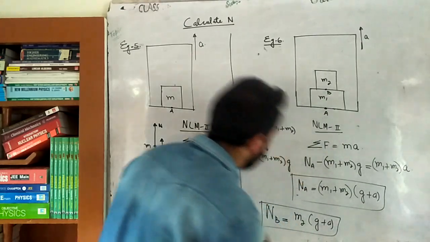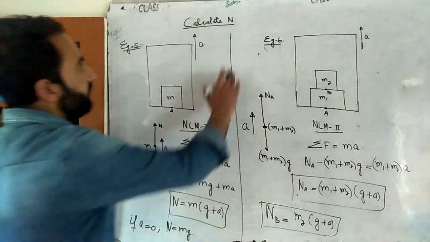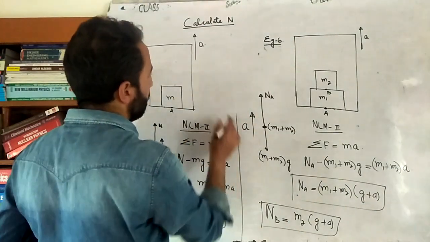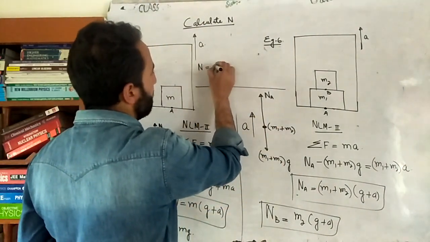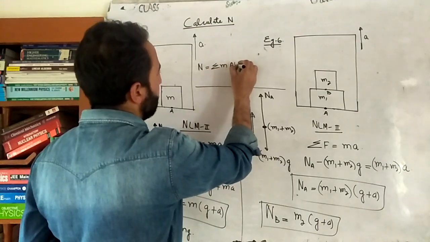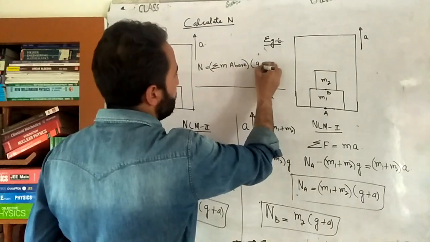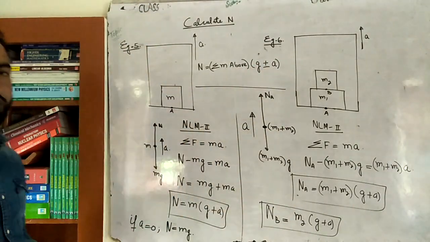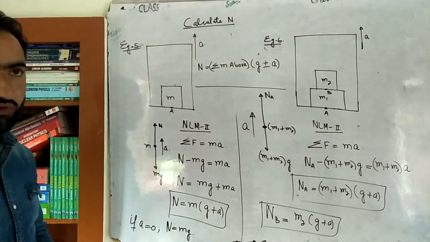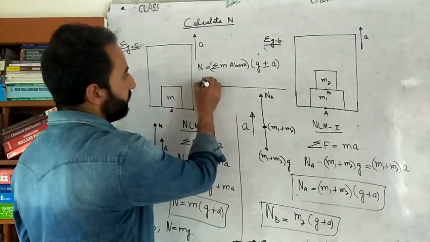Multiplied by g plus a. Okay, so simply I will write down here a short trick, and that's like this: normal reaction is equal to the summation of mass above multiplied by g plus minus a. Normal reaction at any contact point is the summation of mass above into g plus minus a, plus upwards,